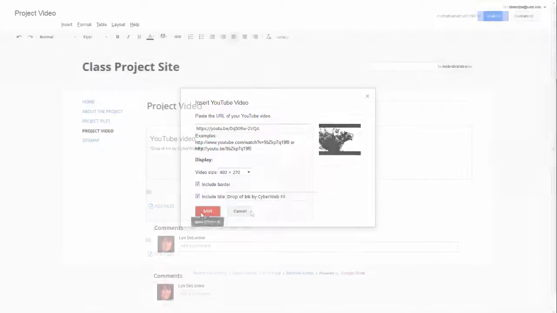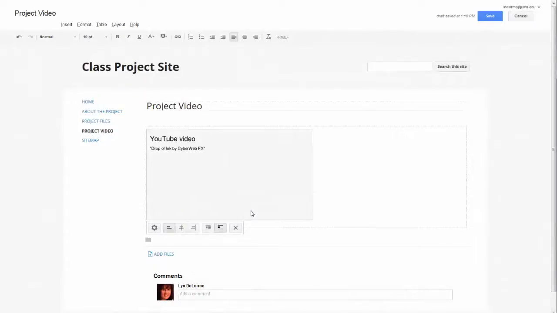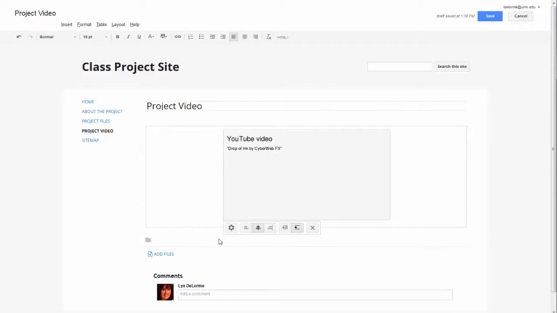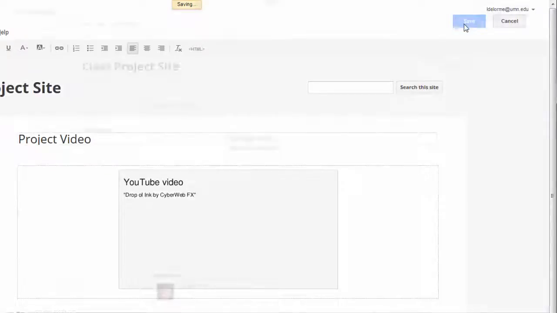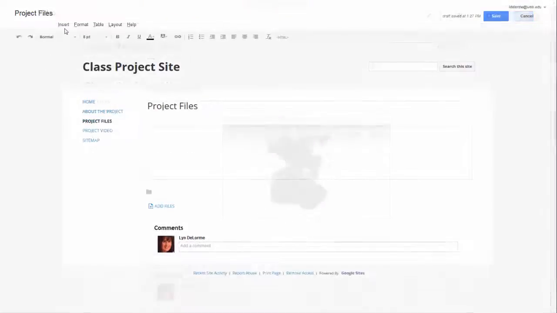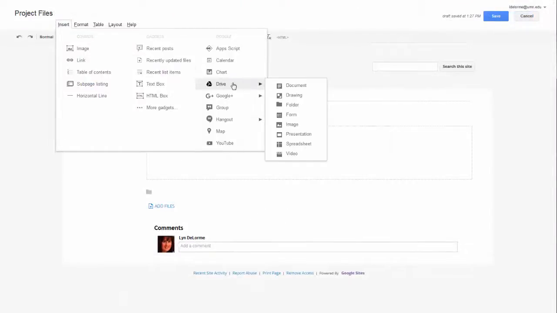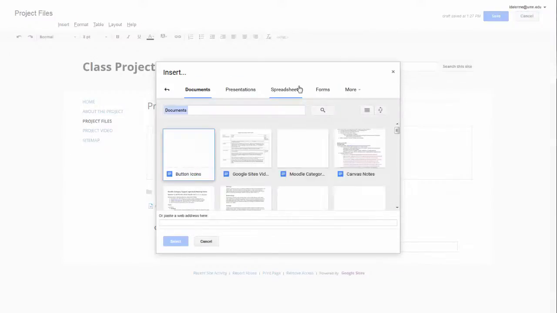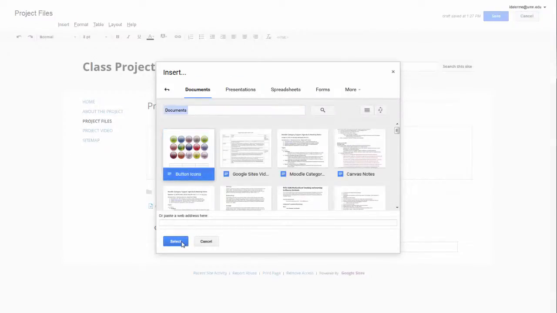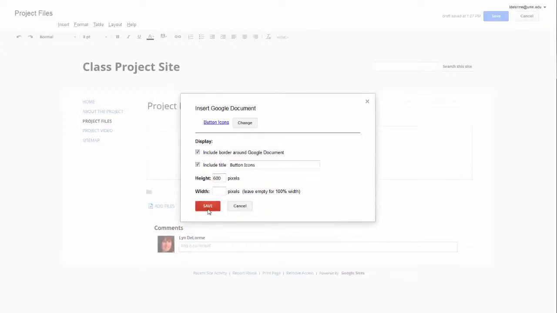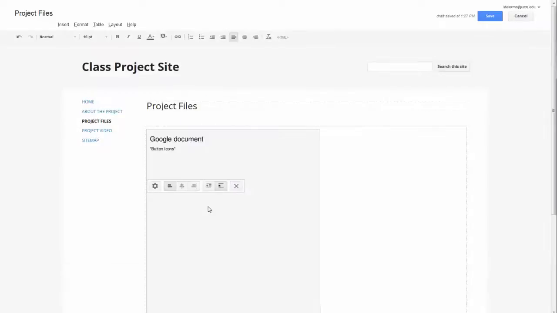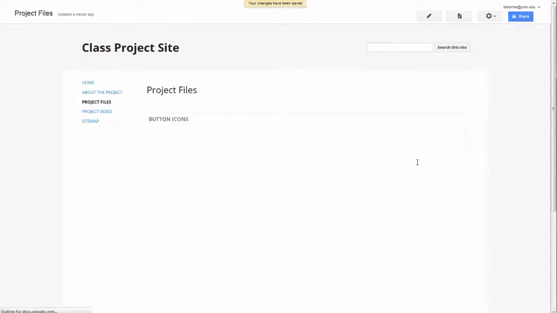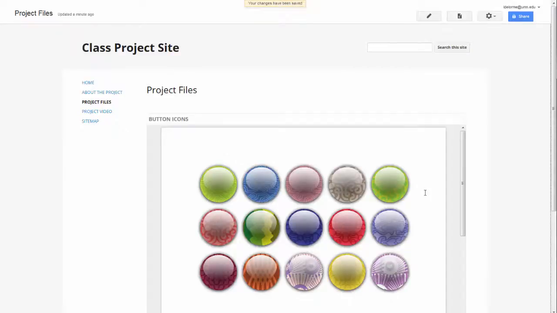Select the Save button. At first, your video will appear as a gray box. A menu is provided to edit your settings or set the display options for the video. Select the Save button to finish the process and display the video. If you have already created a document, spreadsheet, or other file in your Google Drive, you can also add it here. For example, this is a great way to organize and share documents with members of a project team. Google also provides an array of other content that you can easily add to a Google site. Don't forget to save your work often.